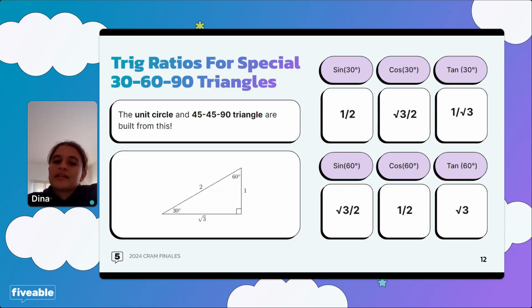Here's a trick we use to remember this: because 30 degrees basically has 1, 3, you have to put the 3 in the denominator. And on the other hand, for tangent, if it's 60 degrees, you're going to put the 3 in the numerator. And obviously they have a radical. But it's just good to have some device where you can memorize those values. And we also know that sine of 60 is √3 over 2 and cosine of 60 is 1/2. You can see that the sine of 30 and the cosine of 60 are basically the same thing. So if you also want to use that method to memorize those as well, that also works great.